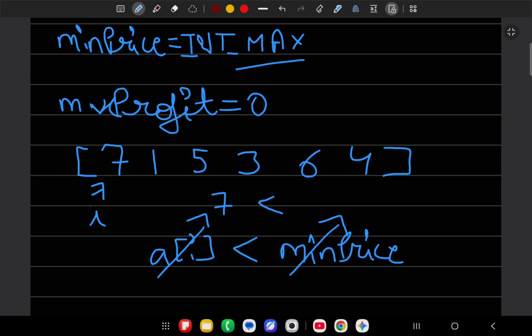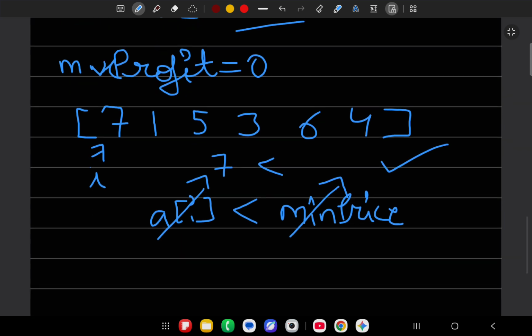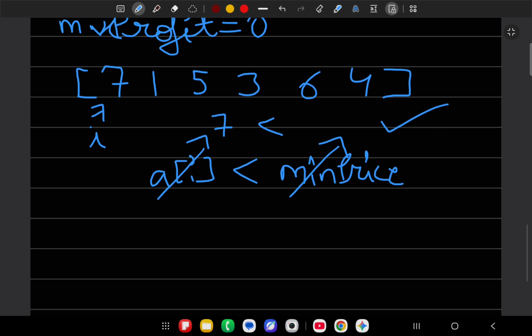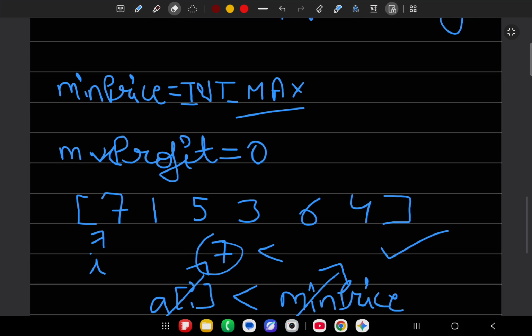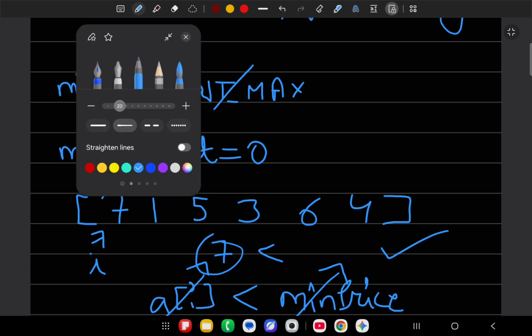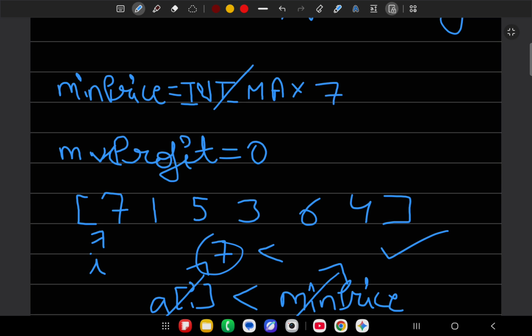Yes, it is, so the condition is true. Go inside and change the value of minimum price to 7. It means we buy on that day.